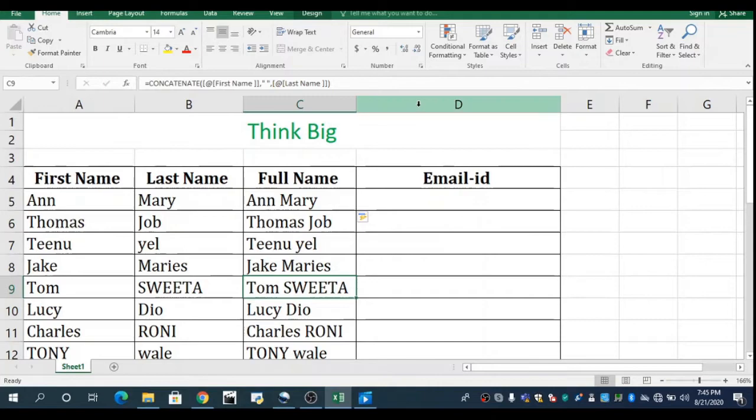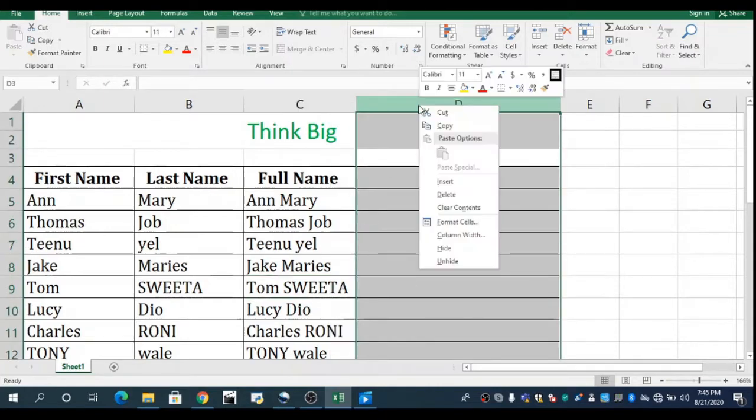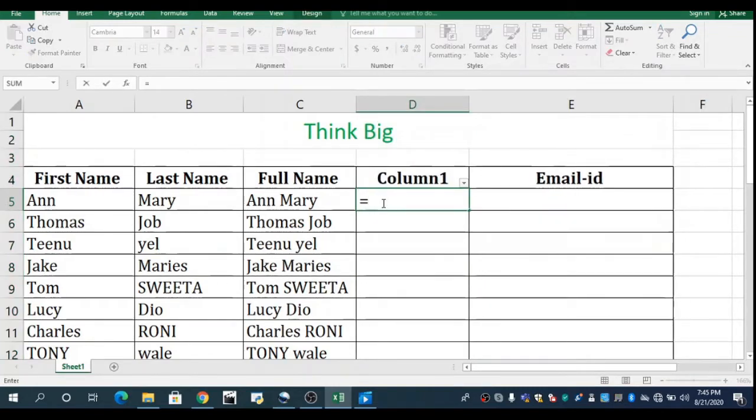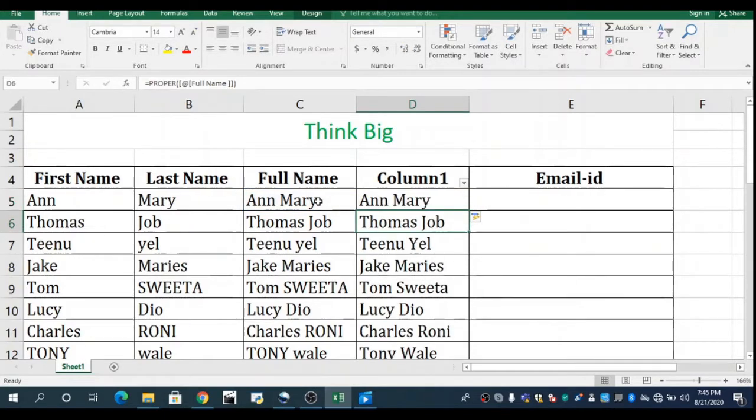So we can add a column here and convert into the proper case, because we have written the names here. So we are putting an equal to, write proper, press tab. We have to convert this full name into proper case, close the bracket, press enter. Since I am using a cell reference here, I think you know how to do it, right?